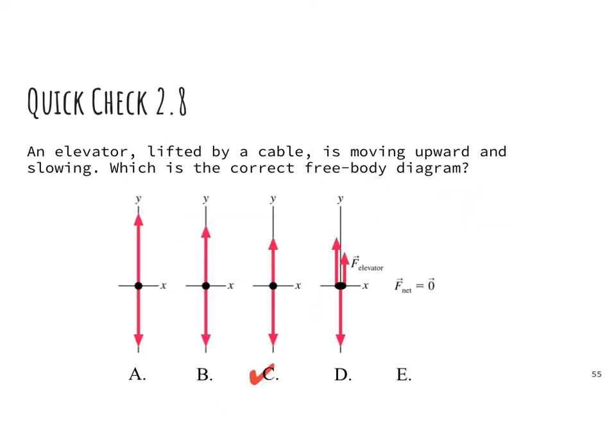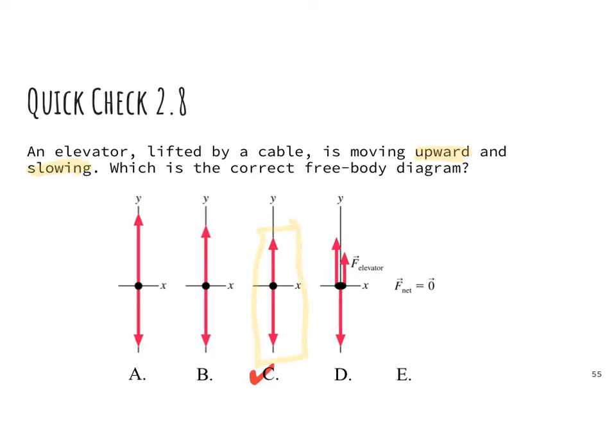So it says an elevator lifted by a cable is moving upward and slowing down. So if it's moving up but slowing down, that means the acceleration has to be directed down. And if the acceleration is down because it's slowing down as it's going up in the positive direction, that means there must be a net force going down, which means that the force going up needs to be smaller than the force going down, and that's how we come